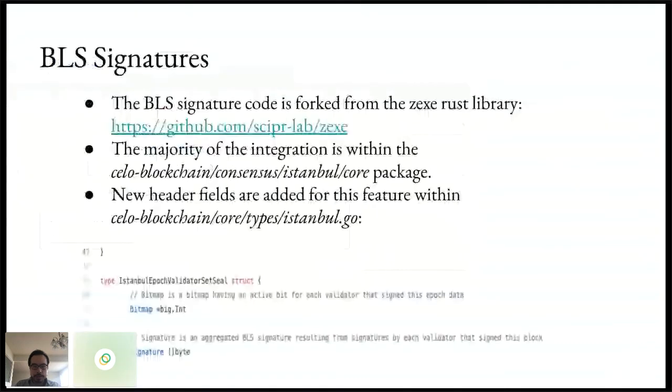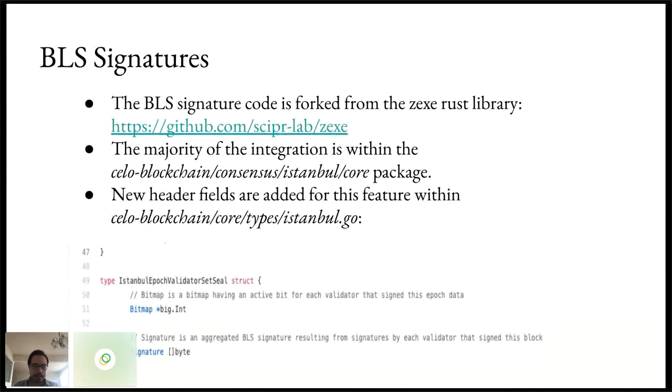So in terms of the actual code, this code was forked from the Zexe Rust library, and the link to that is here in the slides. The Zexe library is quickly becoming one of the standard libraries for cutting edge crypto.